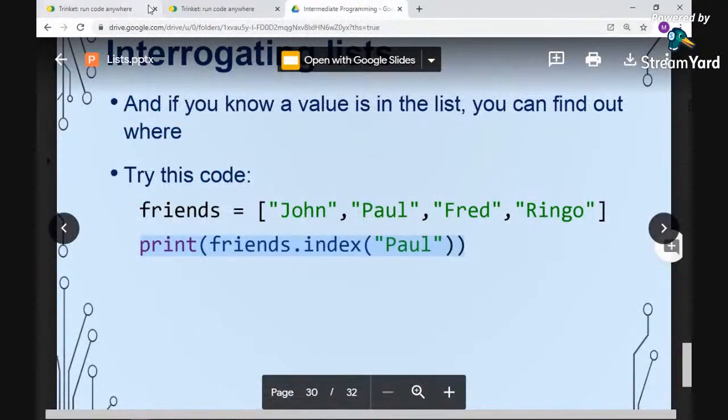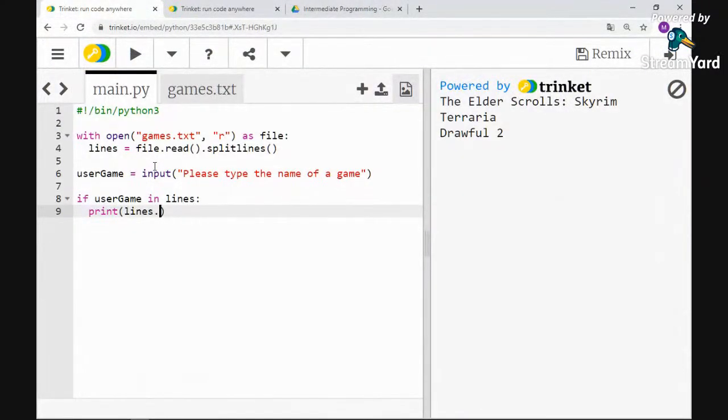Lines.index, and then we're going to put in user game. Because whatever the user typed in, we're looking for the same index as what is being printed out, if that makes sense. So I might put in there as well, just to make it a little bit more obvious, the game you have